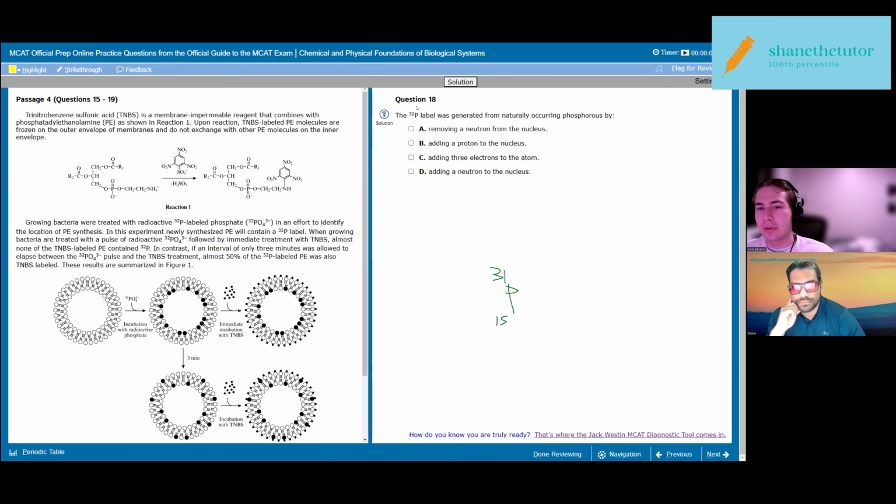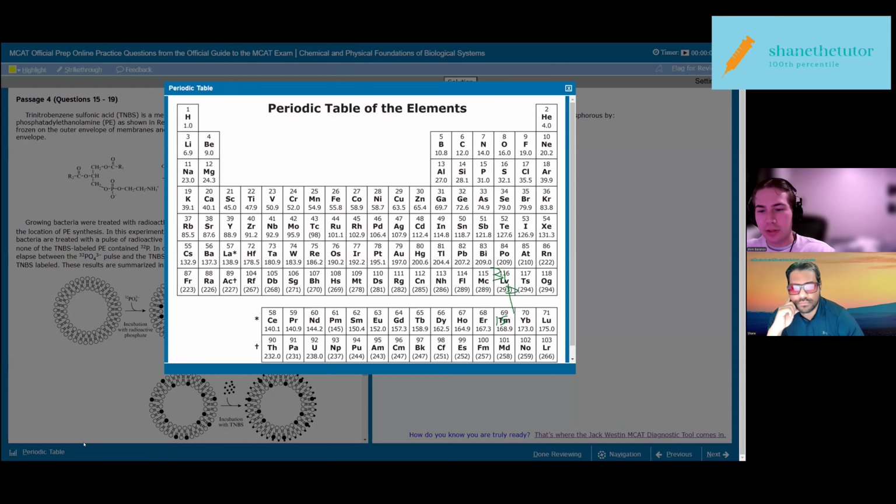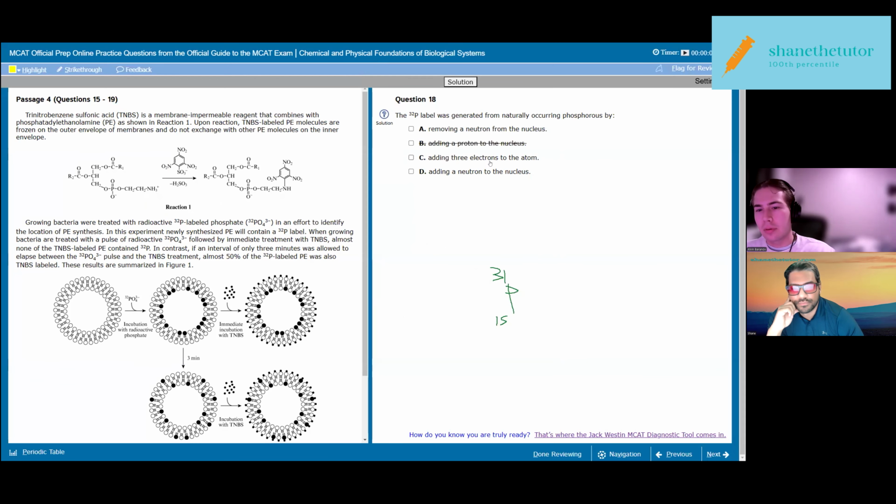So yeah, can't add a proton because it's going to change it to a sulfur. Adding 3 electrons is going to make it an ion, and then it's between these two, and it's D because